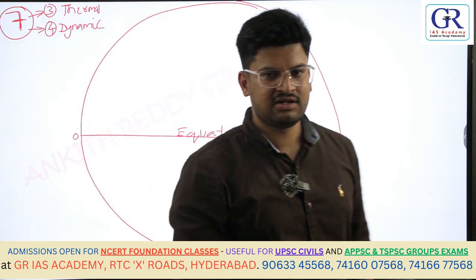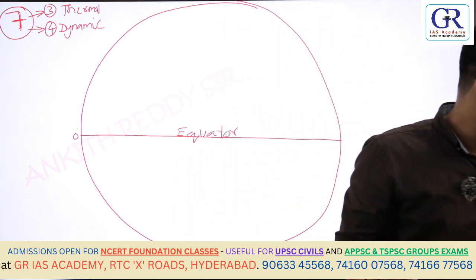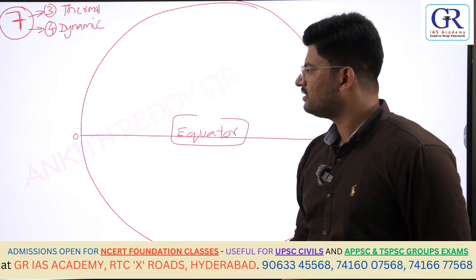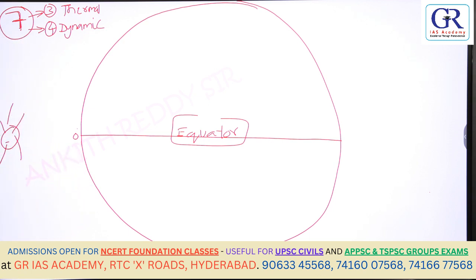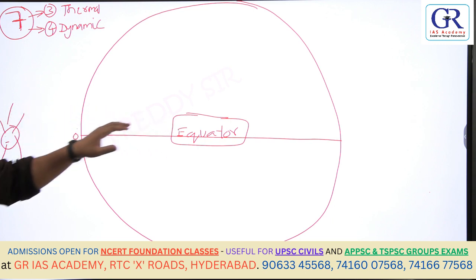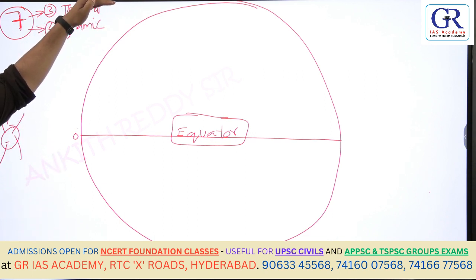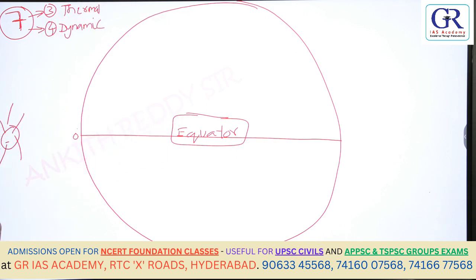So we'll start with the equator. Please pay attention. If you do not have some clarity, please revise it twice. Watch the video again. At the equator, you know that the direct rays of the sun, the vertical rays of the sun, always fall on the equator. As you move towards the poles, the angle of inclination decreases, so the rays are slanting, not straight. So maximum heat can be seen in the equatorial region.